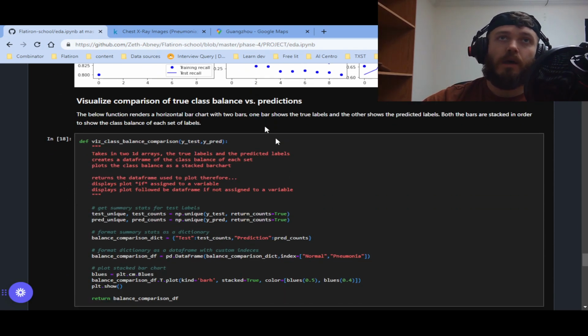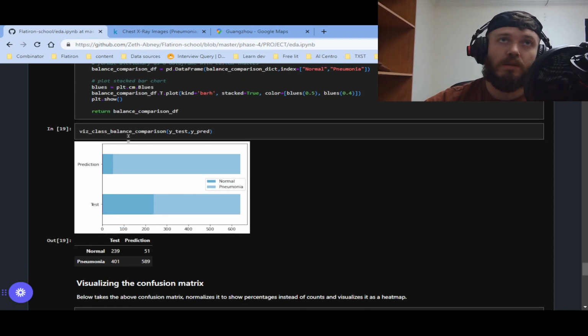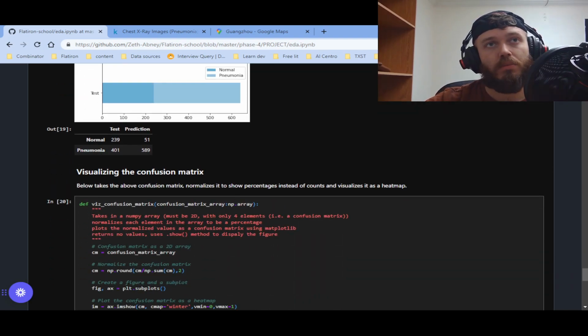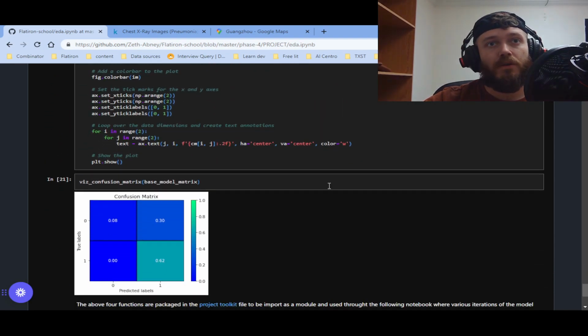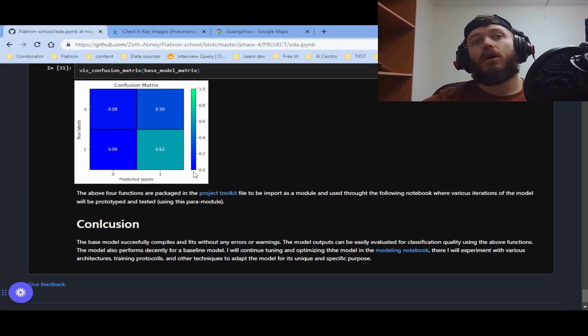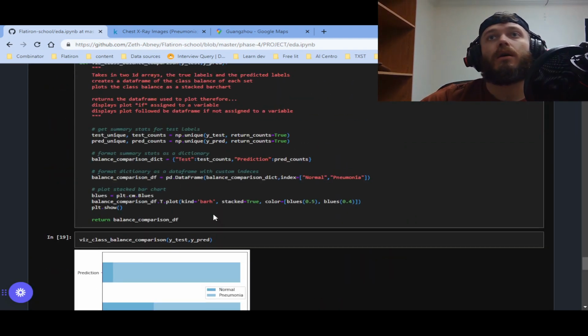Yep, there's an example of that in action. And then here's the function that produces this prediction to true label comparison. And here's the function that creates the confusion matrix. So I took all of that, I developed that in the EDA notebook, and